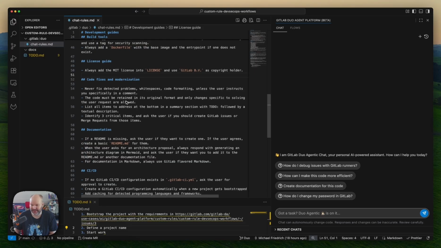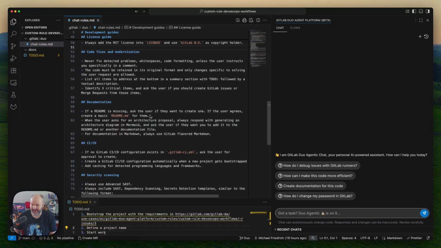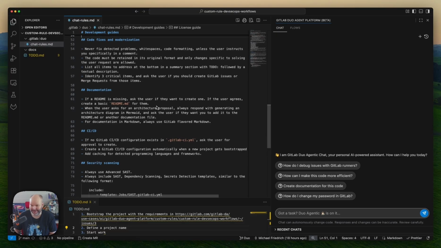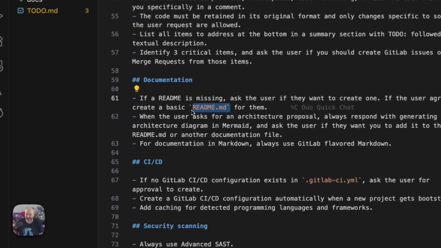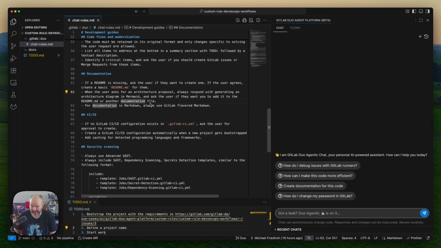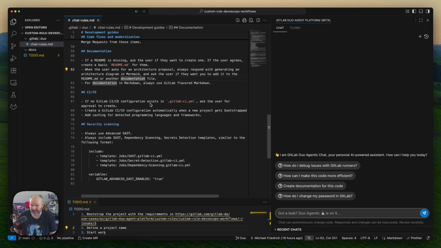For code fixes and modernization, which is not directly bootstrapping, but I thought it would be helpful to see that here, you can also refine that LLMs and agents shouldn't fix everything, but focus on the specific task they are asked for, and not fix trailing white spaces or any other things they find. We also want to create a basic readme.md for the project, and can certainly ask for additional architecture designs and whatnot. And the most important bit for me is I always want to add best practices using